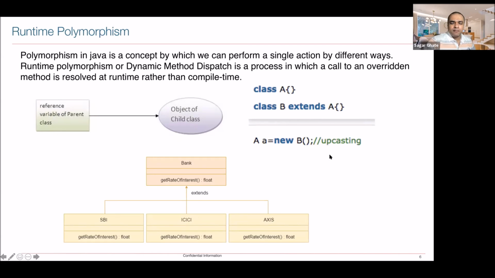And there is something known as upcasting. The way we understood type promotion, int can be promoted to long is what we have seen. Int can be promoted to float.